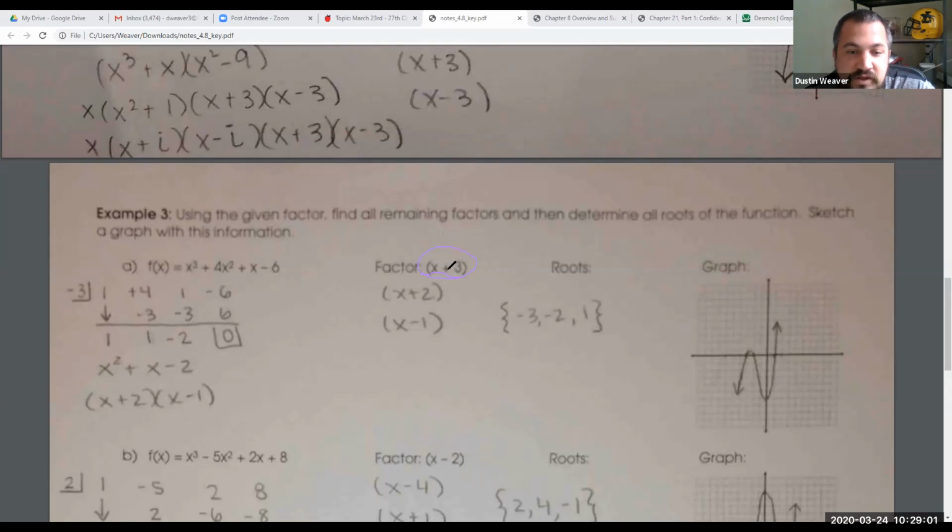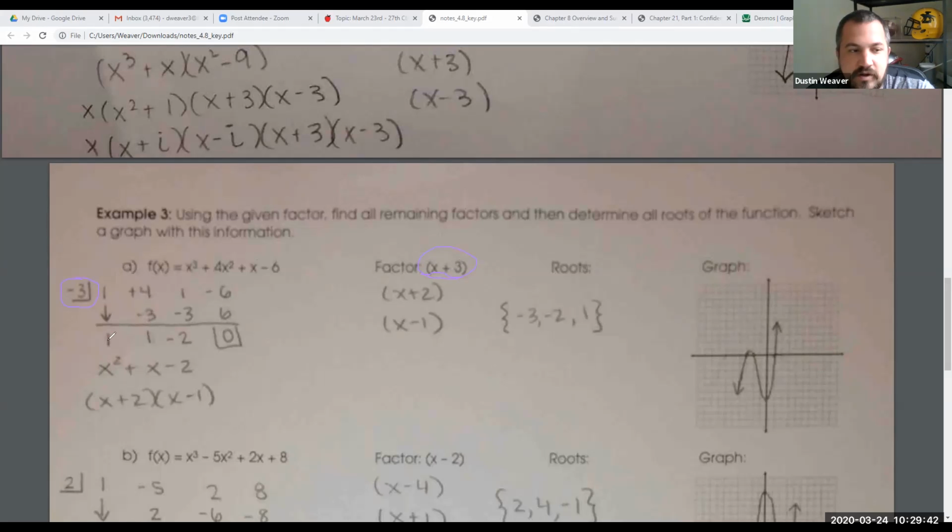So the factor is x plus 3. If we're doing synthetic division, then the number we put in the box is the opposite. It's negative 3. The reason we put a negative 3 in the box is because x plus 3 equals 0, so x really equals negative 3. Then we put our coefficients. We have a 1 x to the third, a positive 4, a positive 1, and a negative 6. So there's our 4 coefficients. We make a space, and we bring the first number down. So we bring the 1 down below the line.